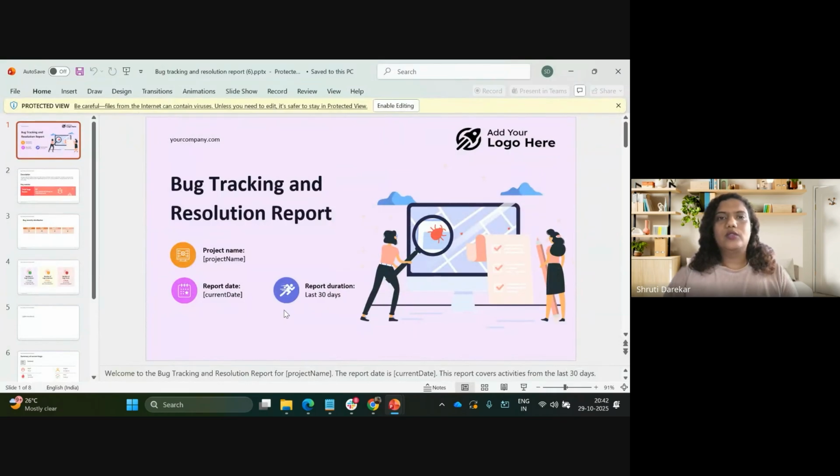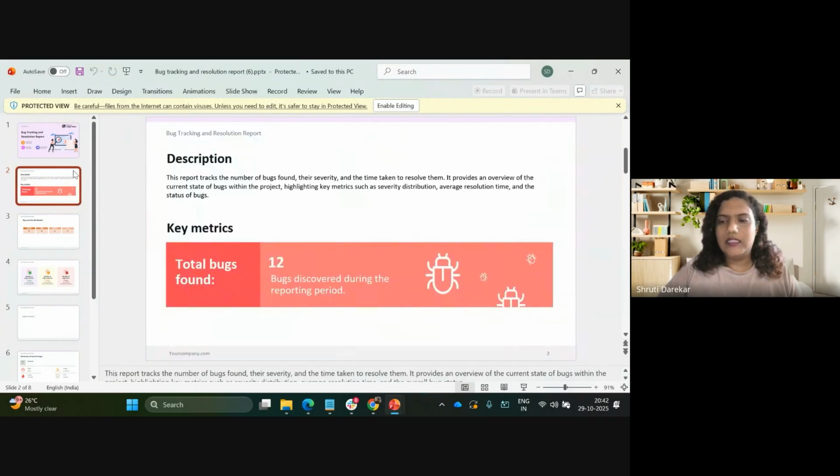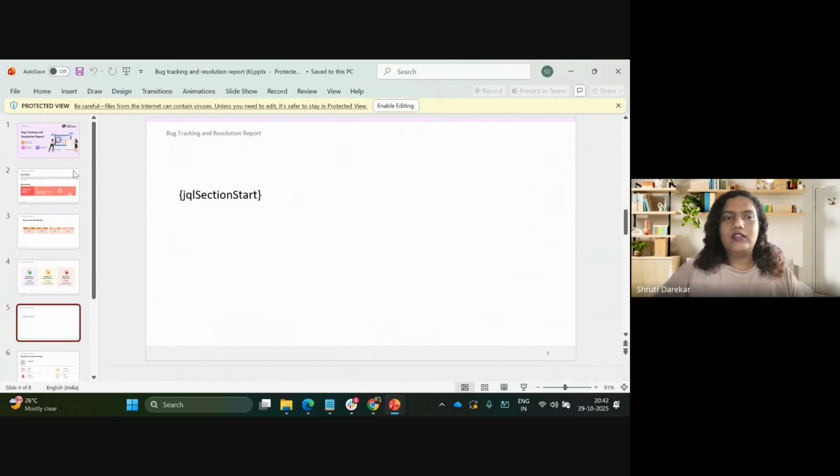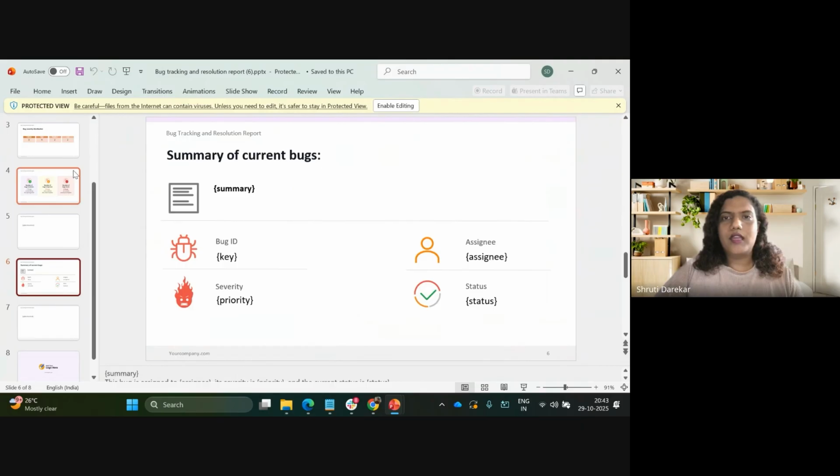Okay, so this is the bug tracking and resolution report. This is the same PPT that was used for the video. So as you can see, you can create your own PPTs, you can use your own designs for these PPTs, and you can choose what you want to insert, which issues you want to fetch, and the templates.